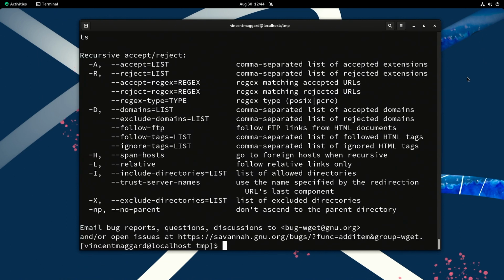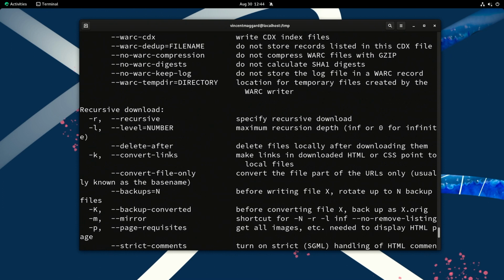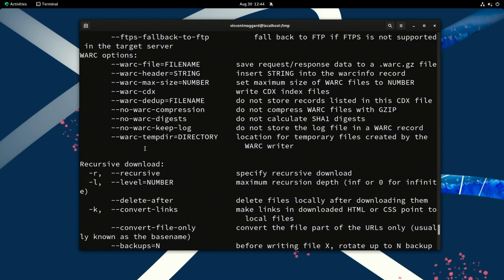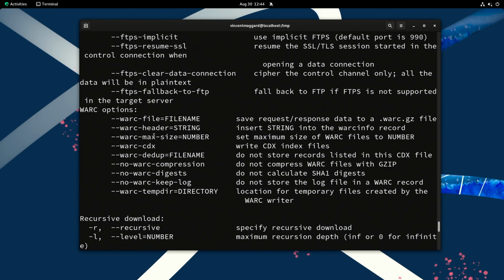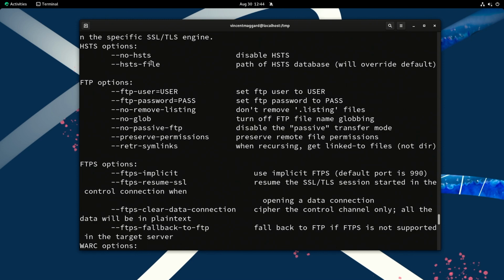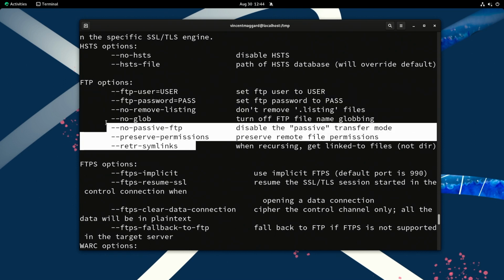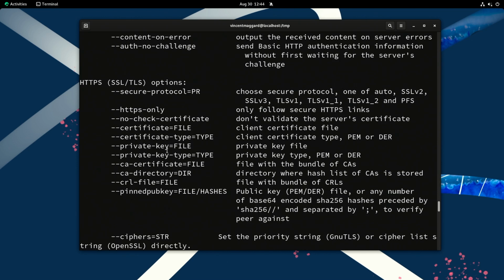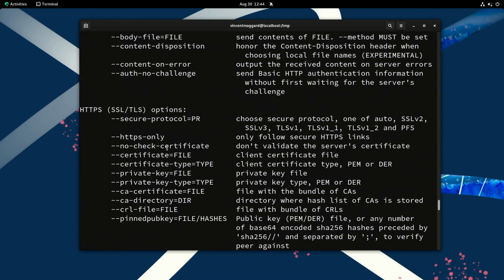If we use the --help, it will tell us what we can do. There's a bunch of stuff. We can download different things. We can do recursive downloads. We can do all kinds of different things. We can actually even use this to automatically log into an FTP server, if you've got one of those laying around that you want to automatically log into and download stuff from. I actually didn't realize it could do that until I just read that. I guess I shouldn't be surprised, but I am.